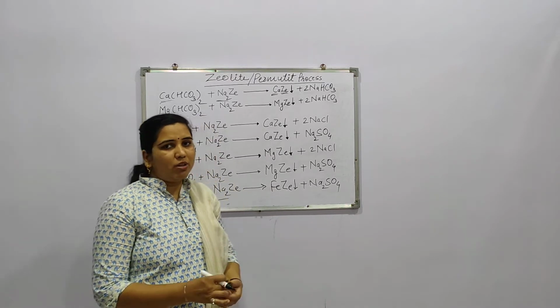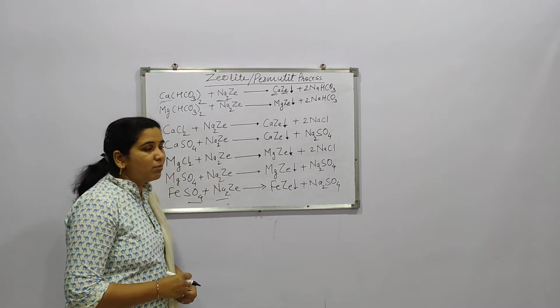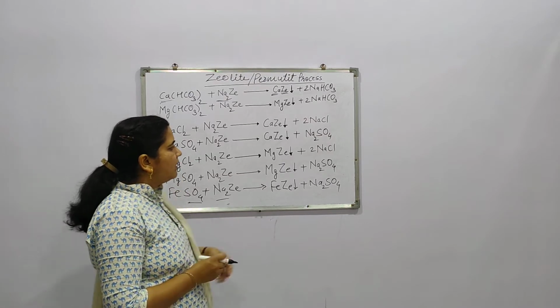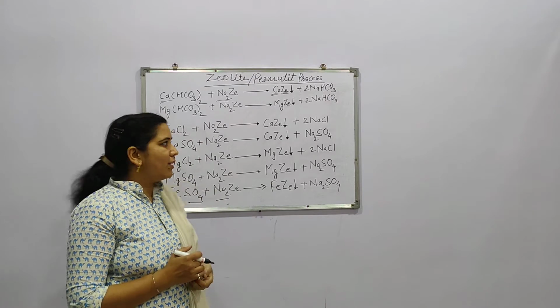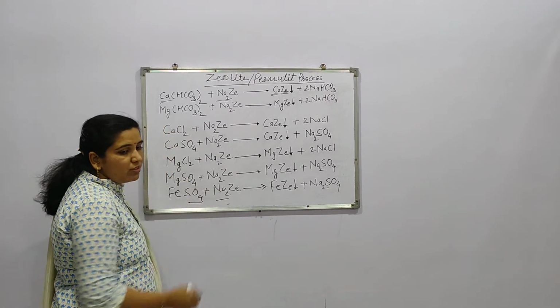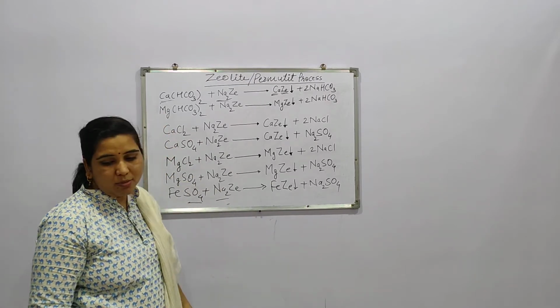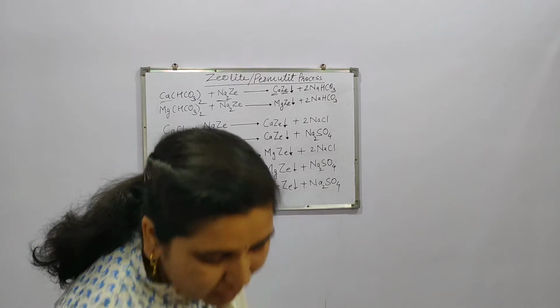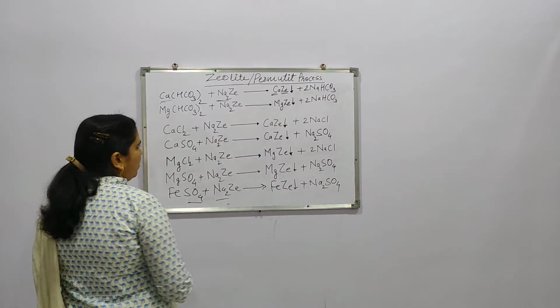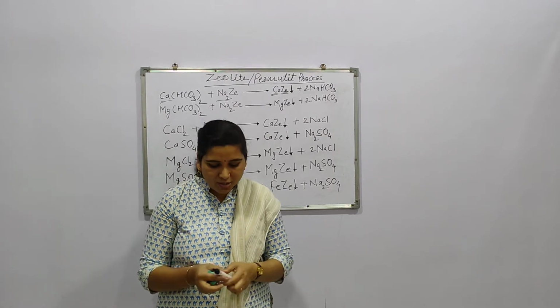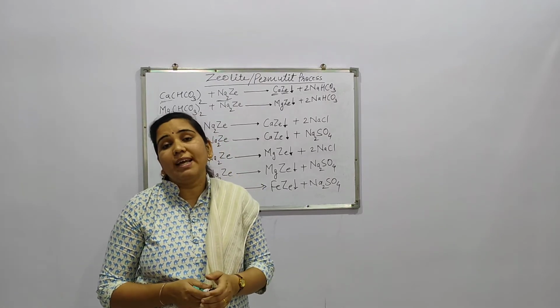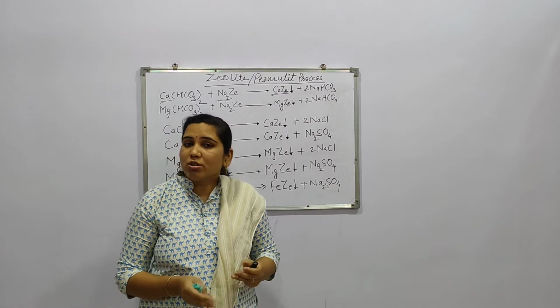In this way, water is purified, while the CaZe or MgZe is stuck, or the Ca or Mg is stuck in the zeolite bed. Now we have seen all these reactions. After this, we will see some of the reactions for regeneration in particular. Once all these reactions have occurred, the zeolite gets totally exhausted. It is called exhausted zeolite.